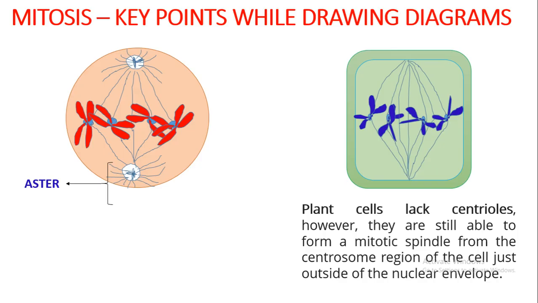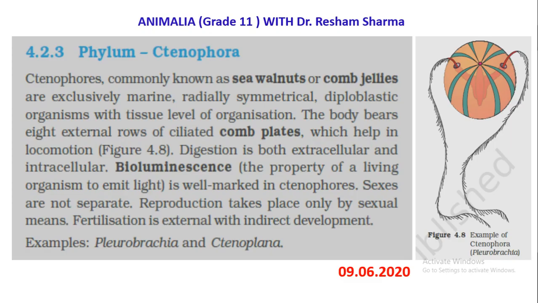Coming to our topic and slide. So here it is. So what do you see in front of you? The walnut kind of a shape. So this is the phylum which is also called the phylum of the sea walnuts. As the name indicates, sea means that they are marine. They are found in seas and oceans, majority of them. And they are spherical, as if like a walnut, right?